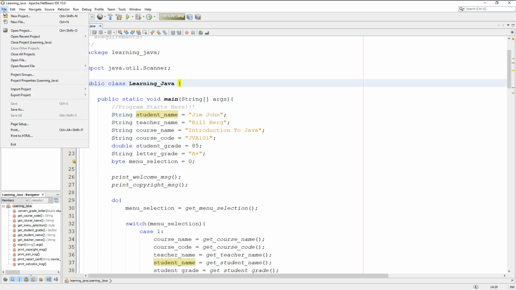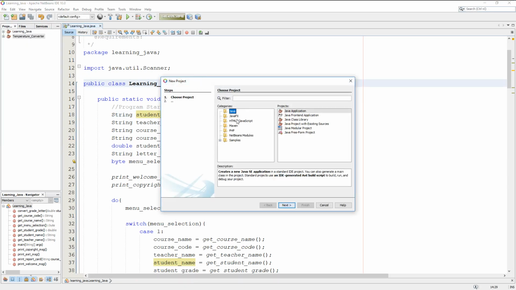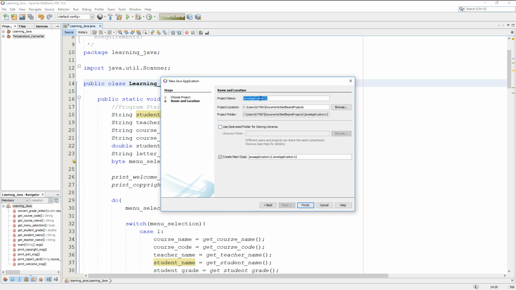All right, so let's come up here. We'll say File, New Project. Click there. Come in here. Make sure Java is highlighted. We'll click on the Java application. We'll hit Next. Okay, and we'll just rename it. You can name it anything. We're going to say